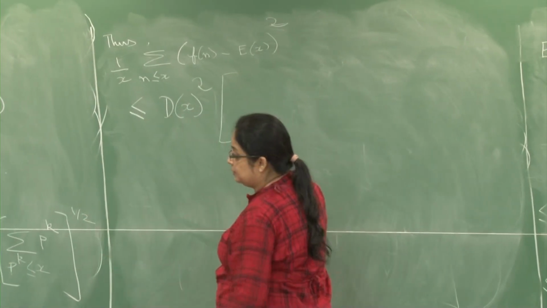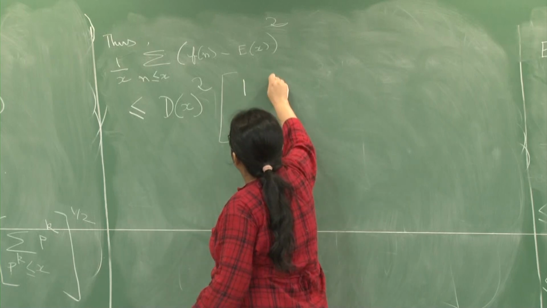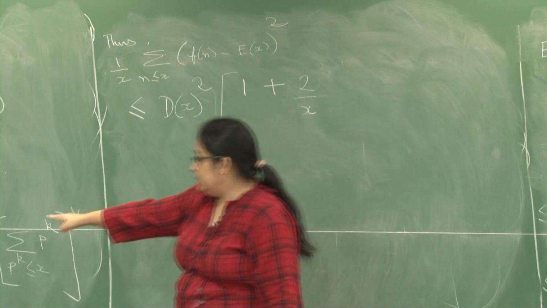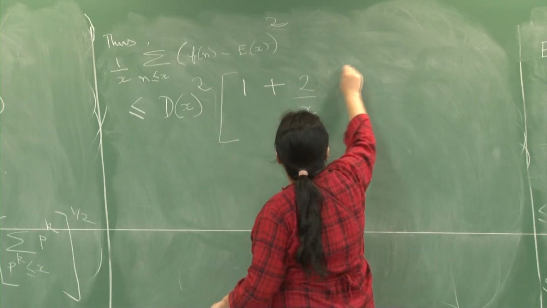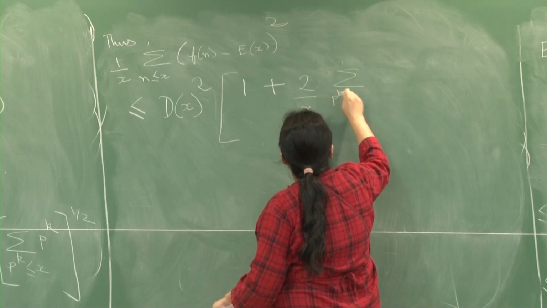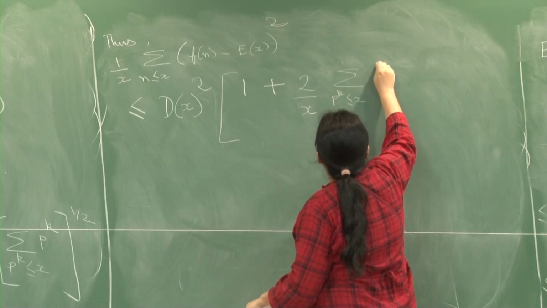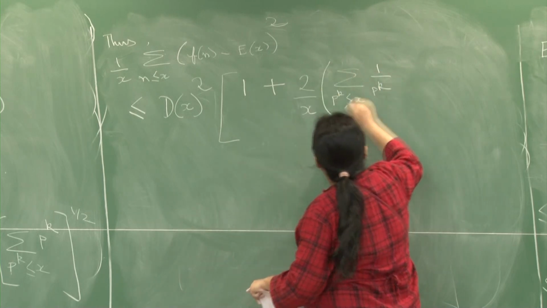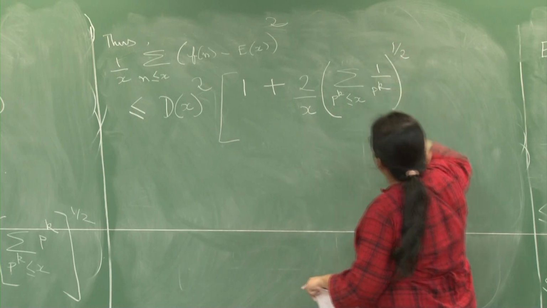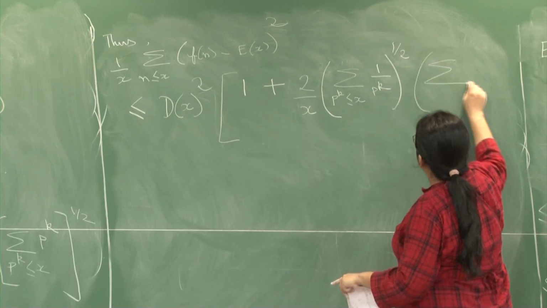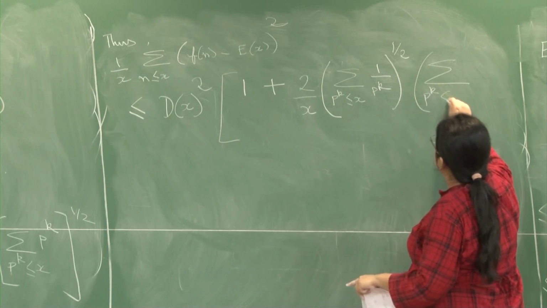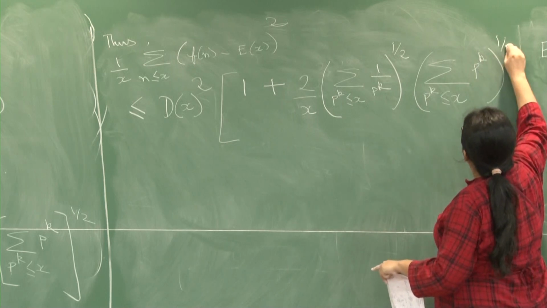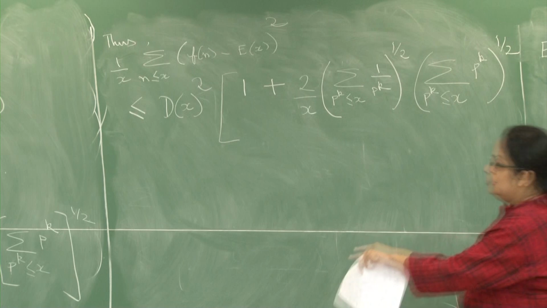What are we left with? 1 plus 2 over x times the summation over p raised to the k less than or equal to x of 1 by p to the k, raised to the half, into another summation over all the prime powers up to x with p to the k in the numerator, raised to the half, okay, plus